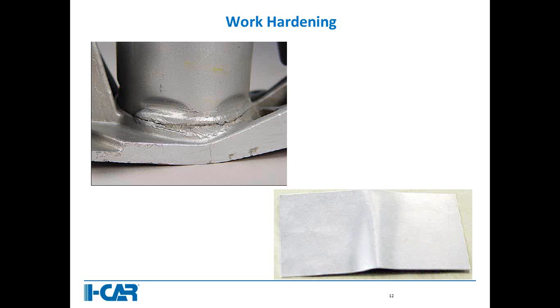We can't overwork the metal. Well, we can overwork the metal, but we don't want to overwork the metal. So we find we have to be a little more strategic in our structural realignment operations or cosmetic repairs so that we minimize the chances of causing that panel to crack if it hasn't cracked already. That's one aspect of aluminum panels that we're going to find there's going to be a learning curve for a